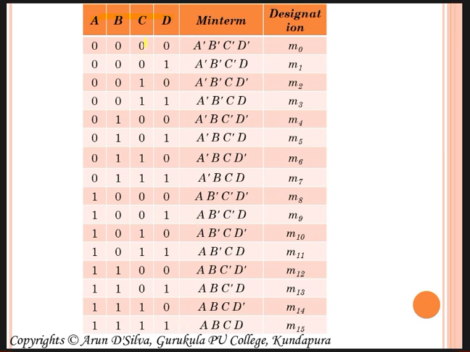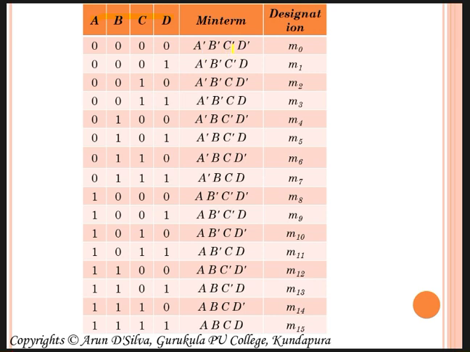For the next column to the left, that is C, write 2 zeros, 2 ones, 2 zeros, 2 ones, like that. 16 rows should be filled. Moving to the left, the next variable, B, 4 zeros, 4 ones, 4 zeros, 4 ones. Then variable A, 8 zeros, 8 ones. In case 5 variables are there, it goes 16 zeros, 16 ones. So that is how we generate these values, the 8421 method.